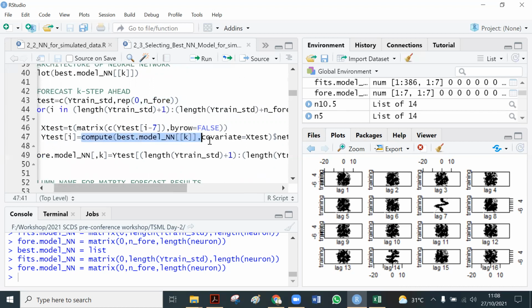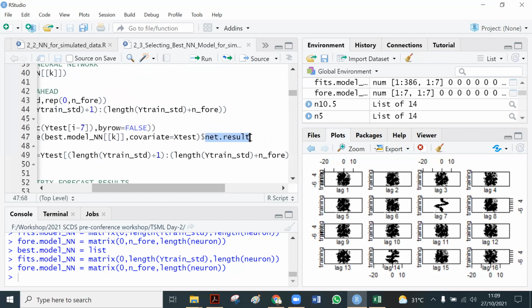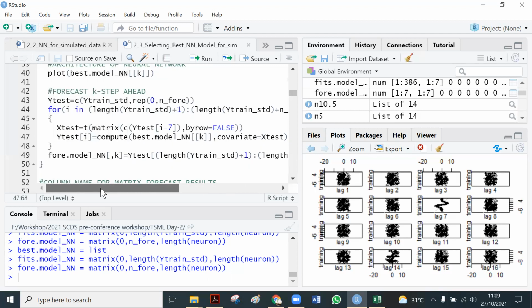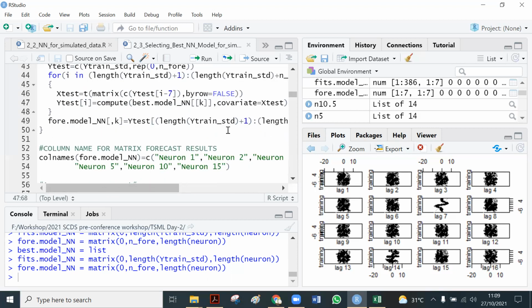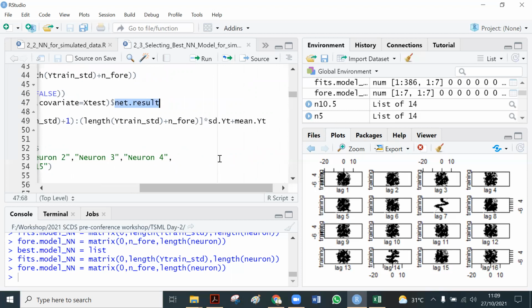Using compute, we insert or substitute the predictor in the period of forecasting to the model, and then we get the forecasted value, and we read only the net result, because of course there are many outputs. Then we turn back to the original scale by multiplying with standard deviation plus the mean value.